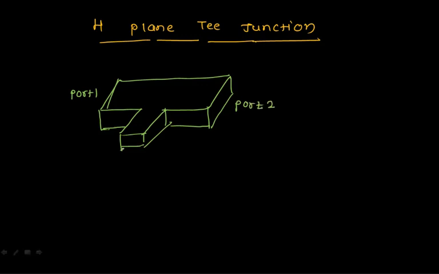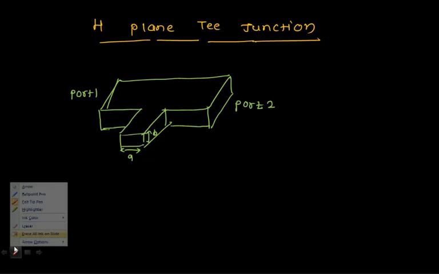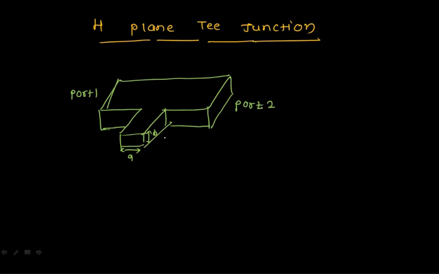And this will be the larger dimension a, this will be the shorter dimension. This arm will be called the H arm. Whatever auxiliary arm you have connected over here will be called the H arm. You can see if you are giving something to port number 1, if this is the electric field, the electric field and the axis of this particular arm will be parallel. Sorry, this is the H plane T.